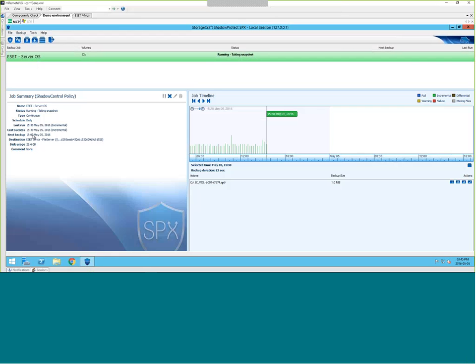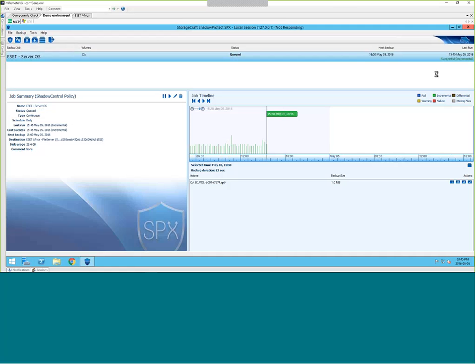And now we actually see it just started running. That's because this is running once every 15 minutes. And that's obviously now running the appropriate backup. Next, you can also see a few details for this backup. We can see when it was last run. We can see how much total disk space is being used by all of the backup images combined. We've also got a bit of a job timeline over here. So I can scroll back and I can actually view the backup status for previous events that have occurred. And each of these little green lines basically signifies a successful backup that has been completed.